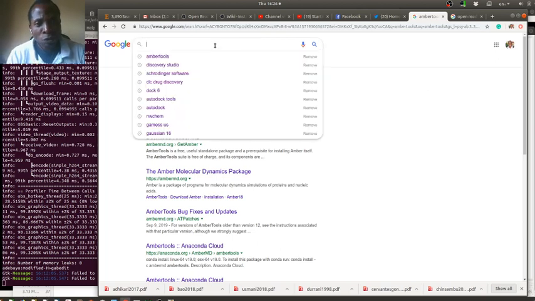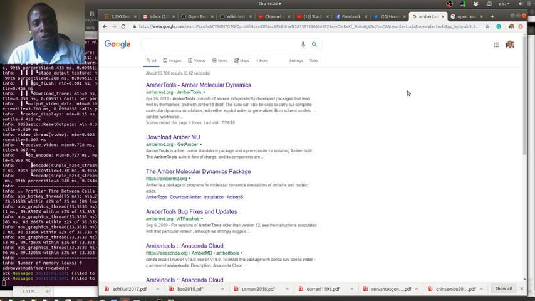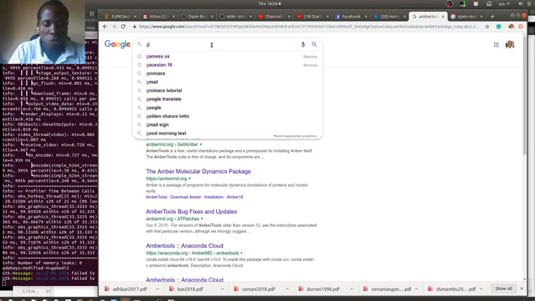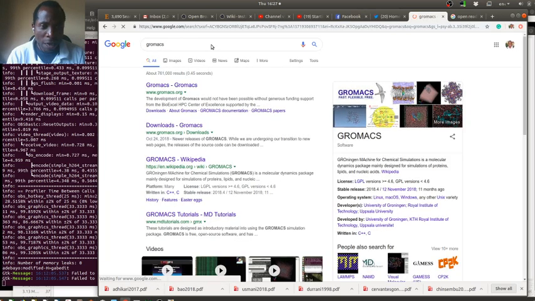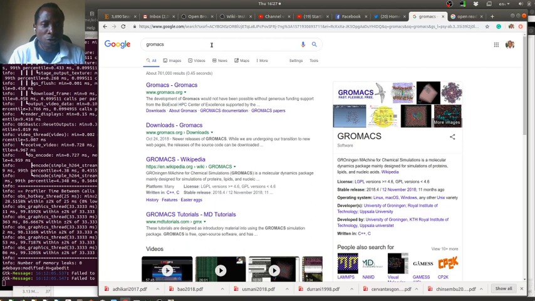But if you want to have a parallel system and you don't want to pay money, you can use GROMACS, but you still need AMBER to create the AMBER input for molecular dynamics. You use something like ParmEd, which is a Python script, to convert it from AMBER to GROMACS. Then you can download GROMACS. GROMACS is completely free, so you can install it on your parallel computer,